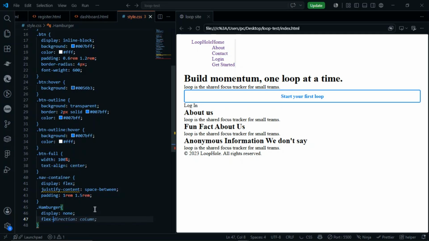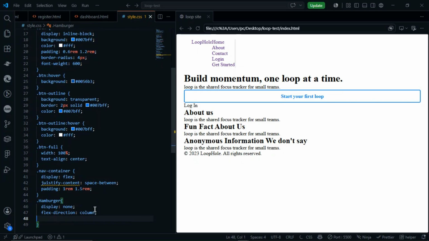Then flex direction should be column. Then gap should be 5 pixel. So it still won't show until we start giving it color. So padding, let's say